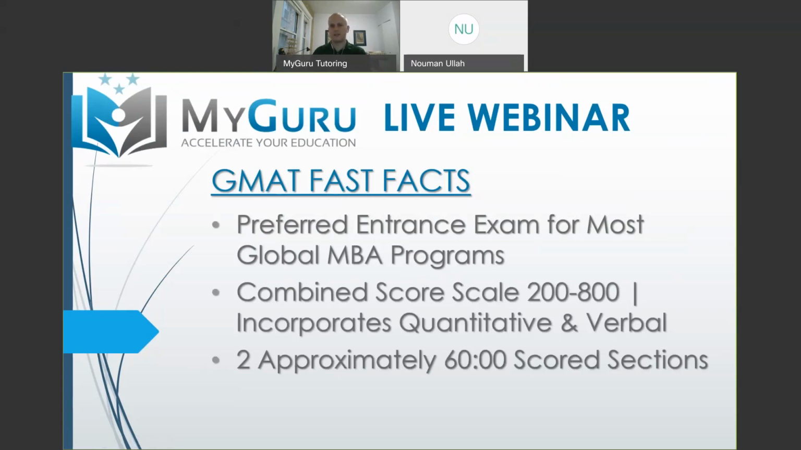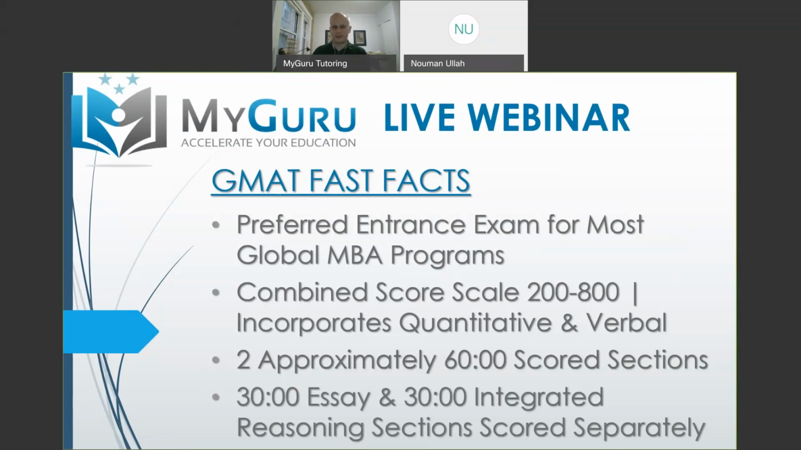You have 62 minutes for the quantitative section, 65 minutes for the verbal section. And then you have the 30-minute essay and the 30-minute integrated reasoning sections that are outside of that 200 to 800 score. The essay and the integrated reasoning will always either be the first or the last things on your GMAT,